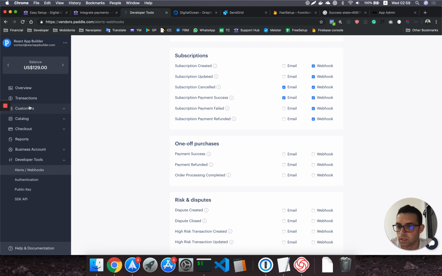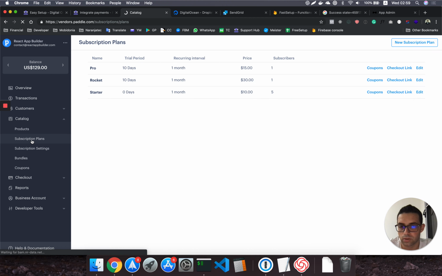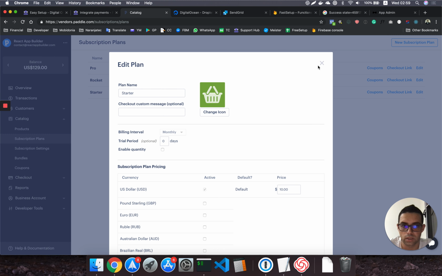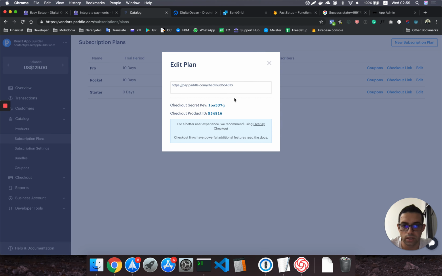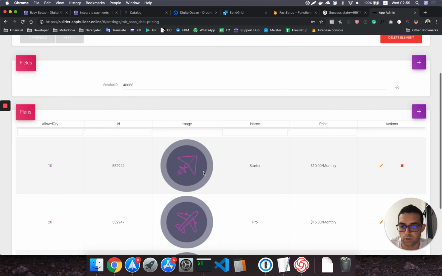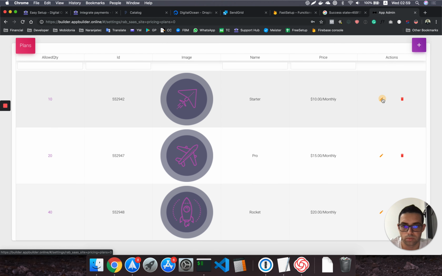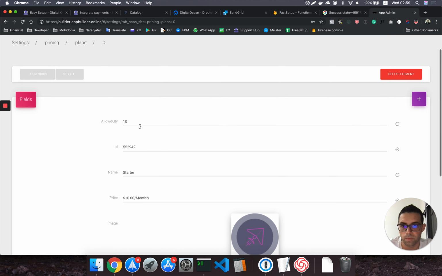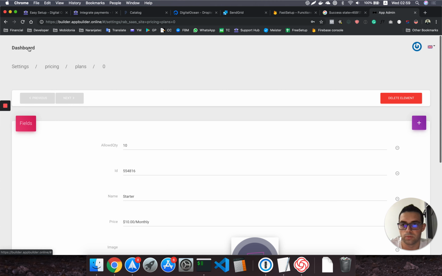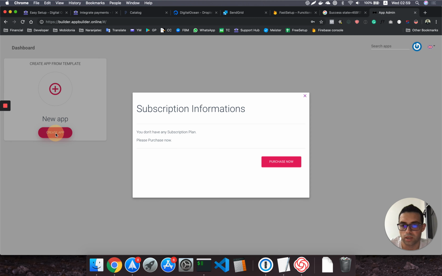What I need now is catalog, and I need subscription plans. So I have one subscription plan with starter, and here in starter each plan has a checkout link, and I need the product ID from it. So I can modify the starter product plan ID, and when I save it and I go to my website, I want to create new app,